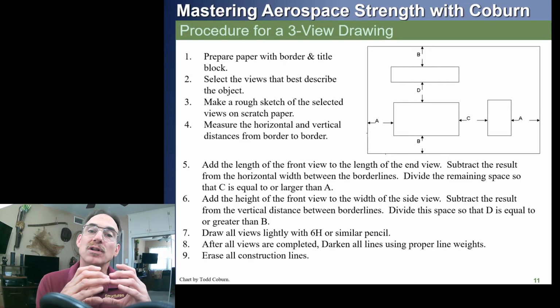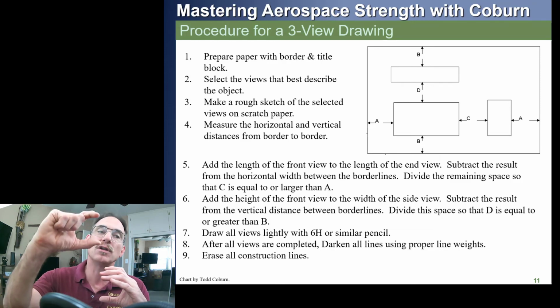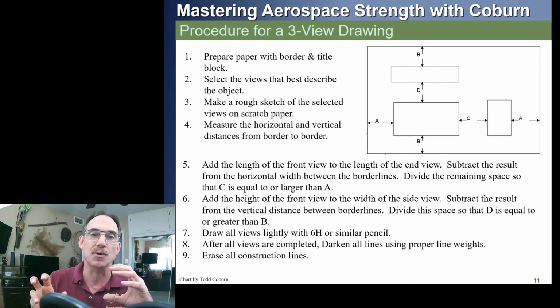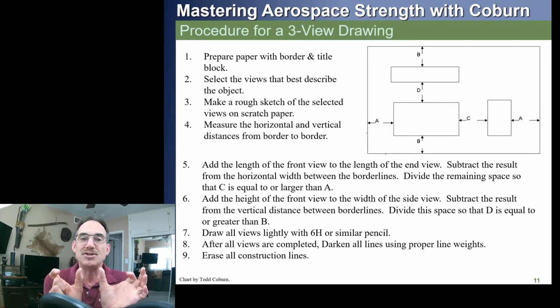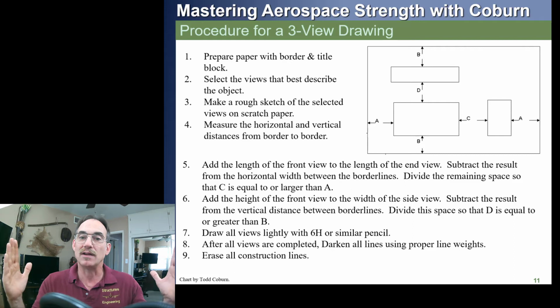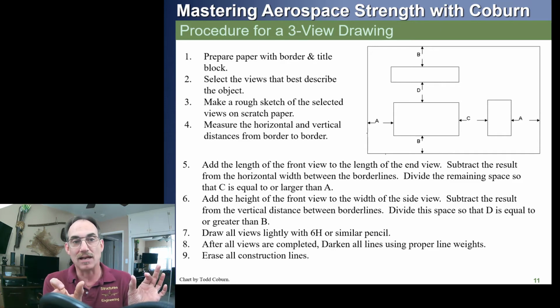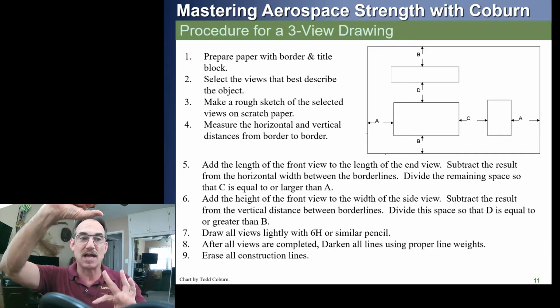Figure out what are the overall dimensions of the front view. What are the overall dimensions of the top view and the side view? What is the total dimension going horizontally of the front view plus the right-hand view relative to the size of your paper? You can then do some scaling to figure out a nice comfortable margin for the edges and a comfortable margin for the middle. And you can do the same thing with the top. The margins for the top and bottom views